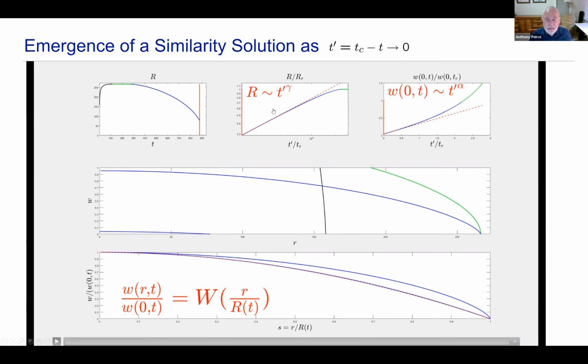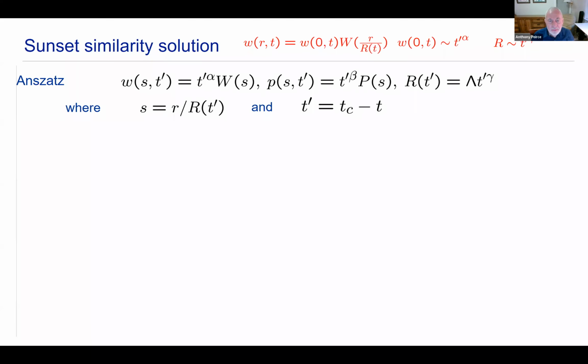And the scaling factors that we need are, this is on a log scale, this is a power law, and this scaling factor is also a power law. This is a linear graph, so this is actually a straight line. So we suspect alpha is equal to 1. Okay, so taking that forward,